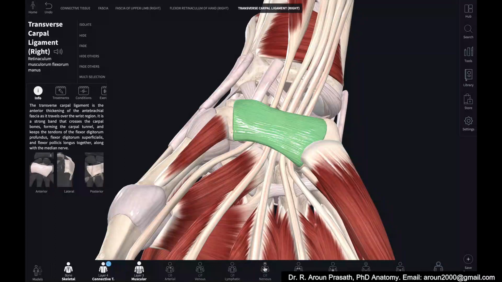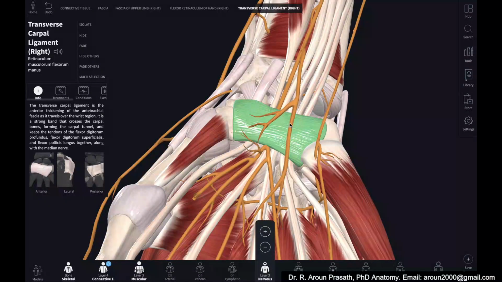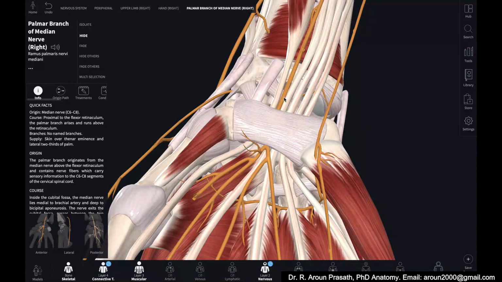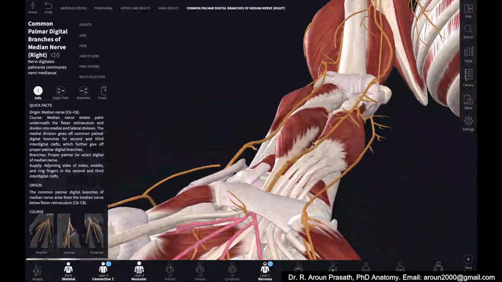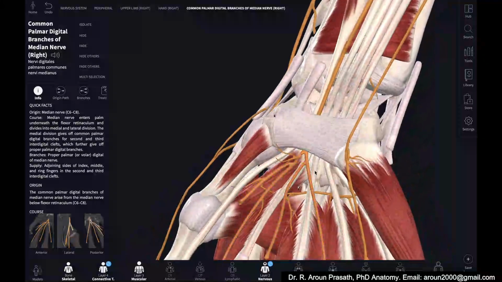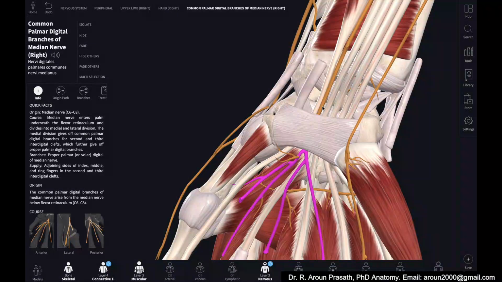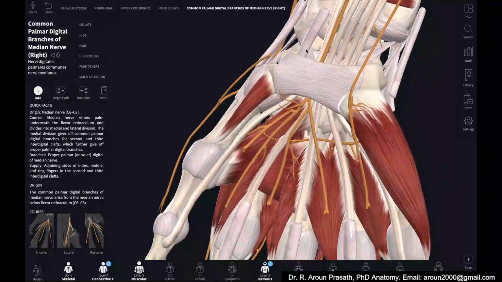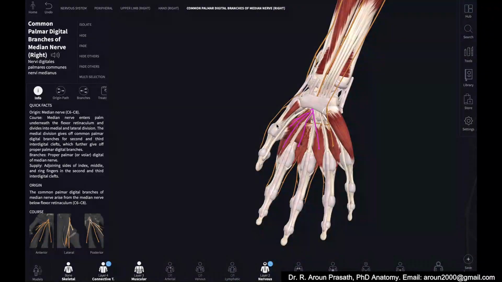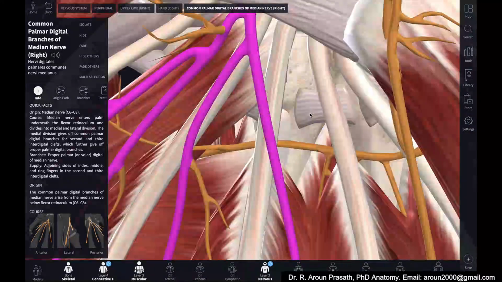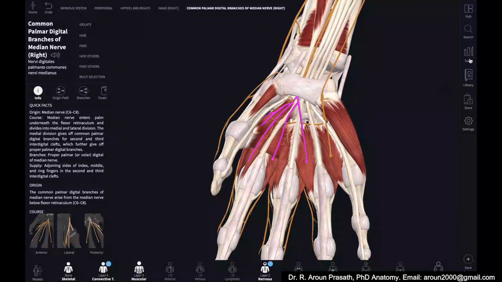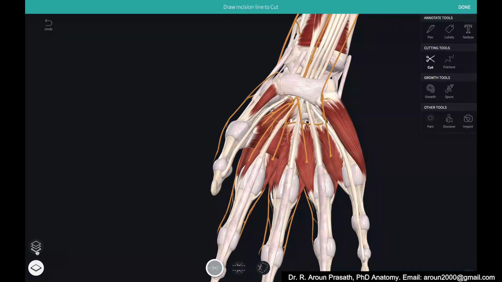Okay, one important clinical aspect is this median nerve. So this is a median nerve that is passing through this tunnel, and this median nerve gets compressed when there is more encroachment of fatty tissues, or when the person is supporting the wrist and keeps typing, then it can lead to compression of the median nerve. So when the median nerve is compressed, there is radiating pain in the first 3.5 fingers. That is called carpal tunnel syndrome.